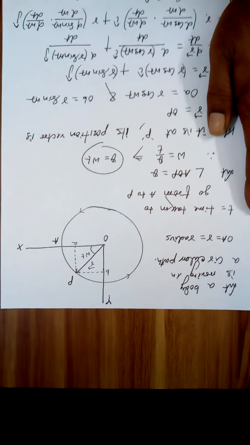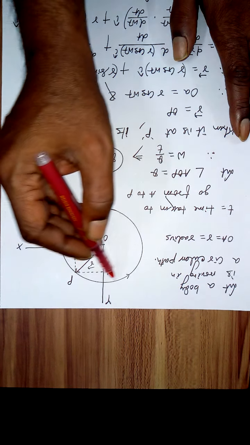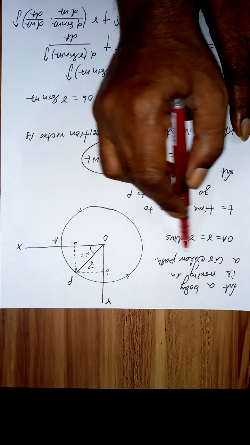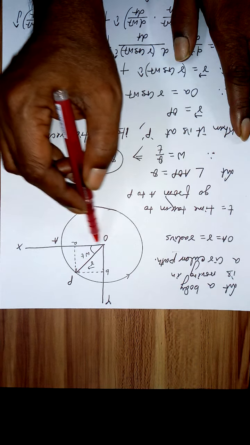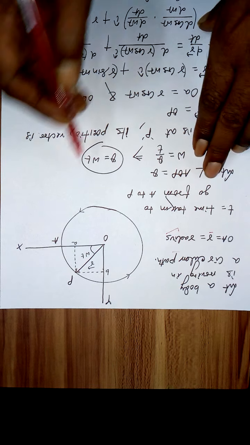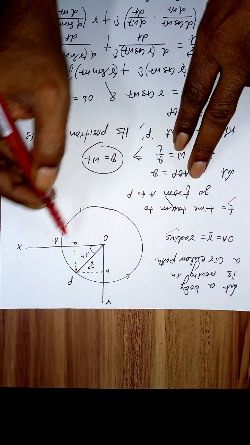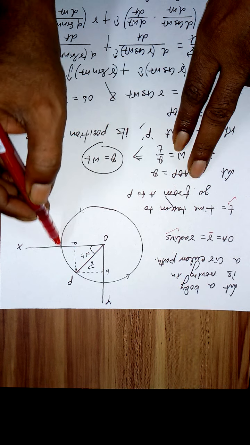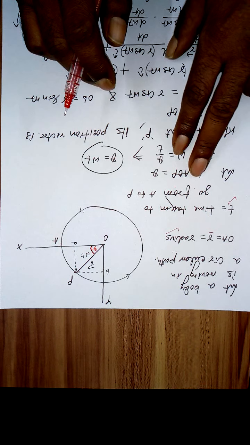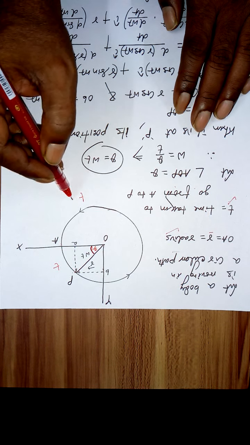Now look, this is the horizontal circular path. Let a body is moving in a circular path. This circular path from O to A is the radius r of the circular path. Let small t be the time taken by the body to go from A to P, creating this angle. Let this angle be theta. Going from here to here, time is t. So in t time, angle created is theta.